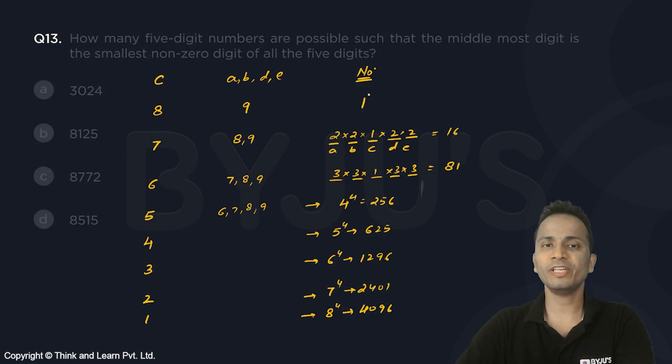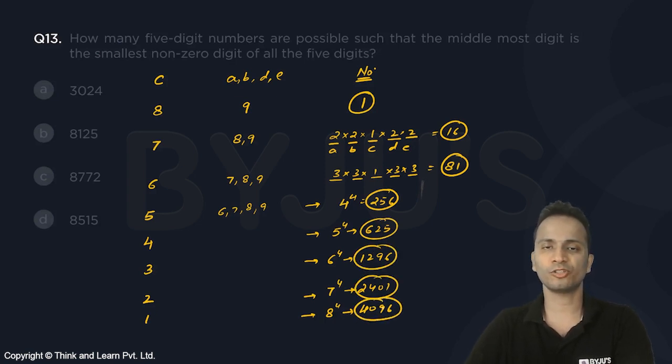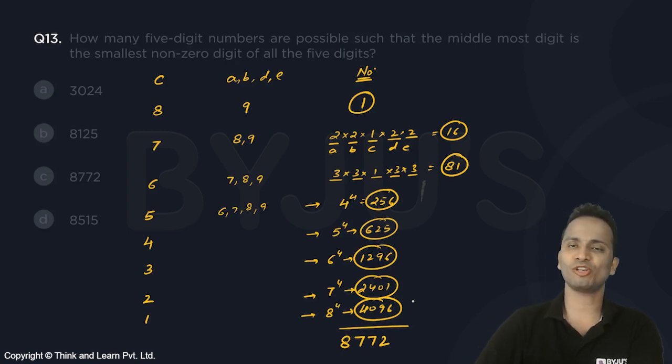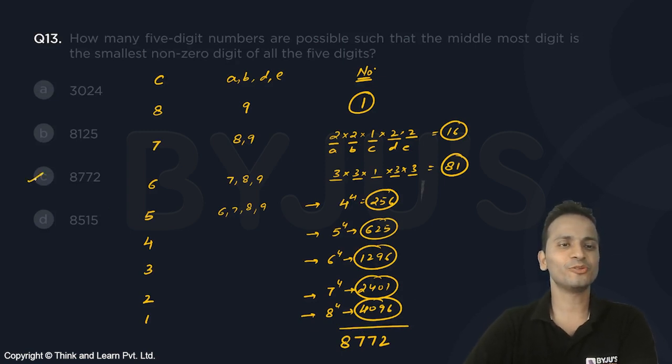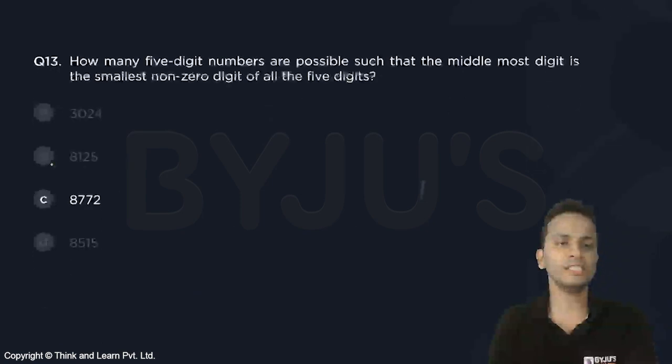4096. Now to find the final answer, we just need to add all these numbers, and that should be the final answer of this question. Now adding all of them, we'll get the sum as 8772. This you can add by yourself, I believe. So the correct answer should be option C for question number